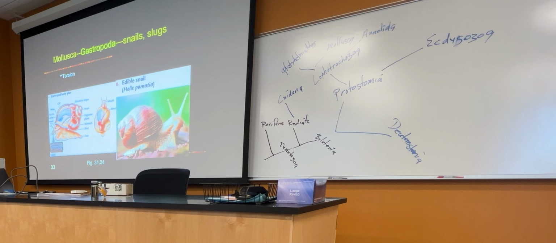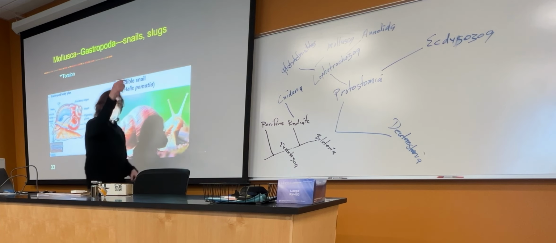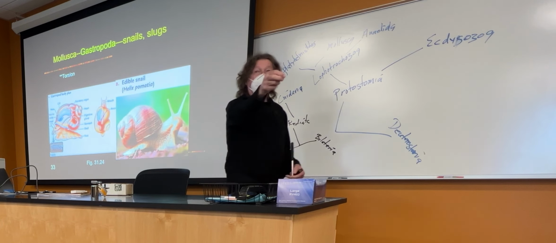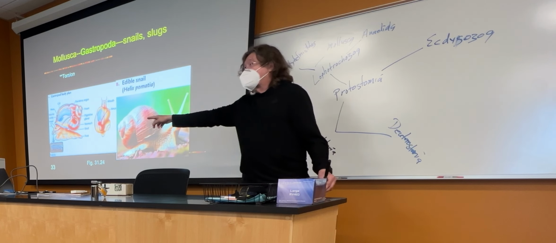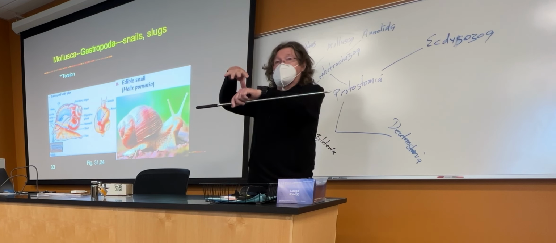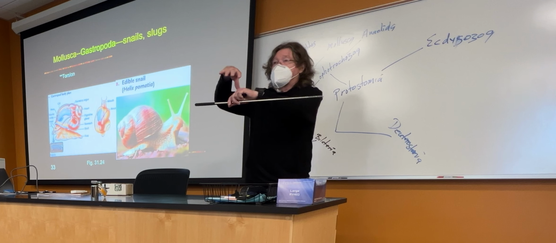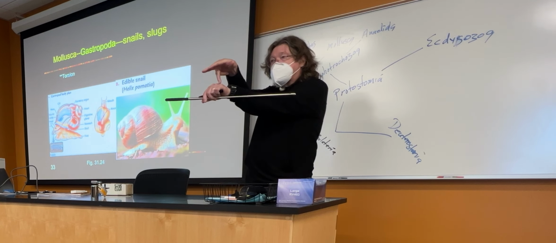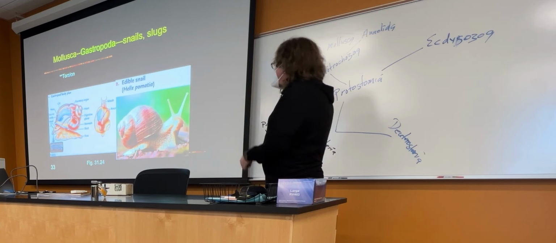And one of the apomorphies I do want you to know is that they have undergone a certain sort of body torsion, a twisting of the body. Instead of being a straightforward animal where we have a head or a mouth at one end and an anus at the opposite end, the middle part of the body during their embryological development sort of twists, or rotates, so that the